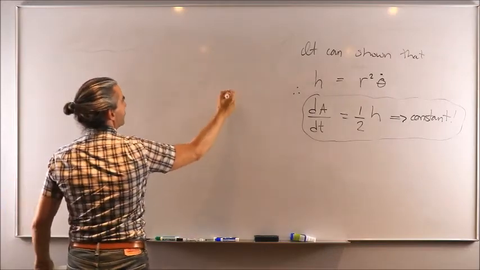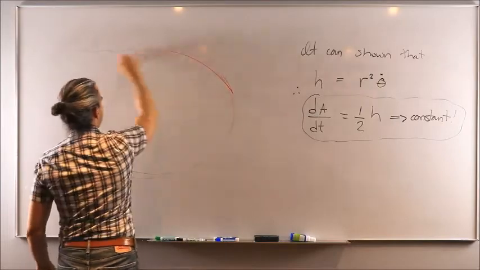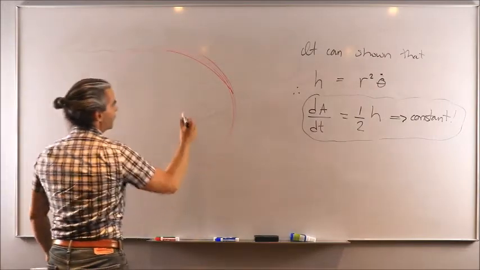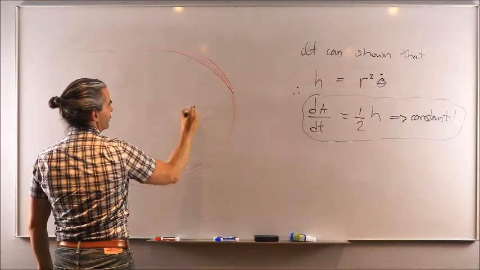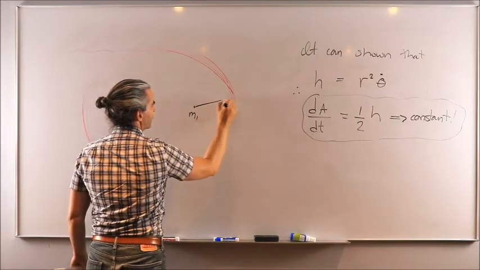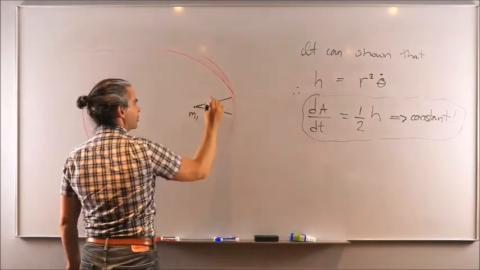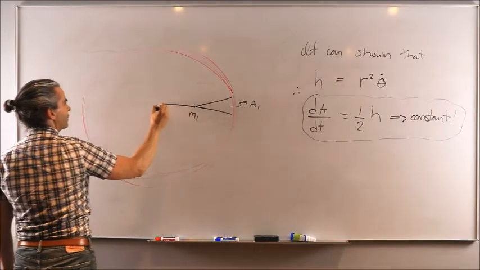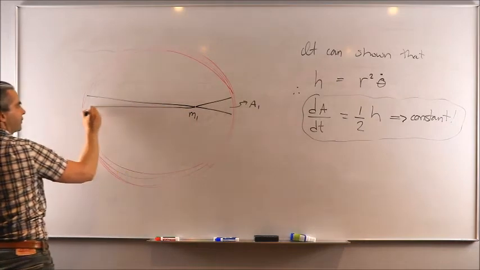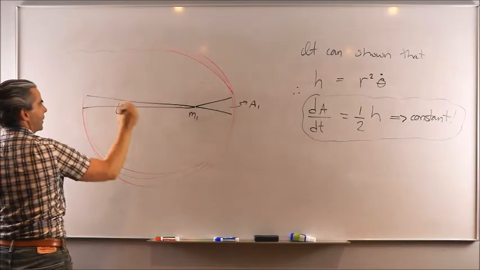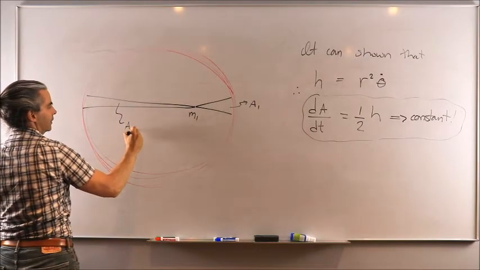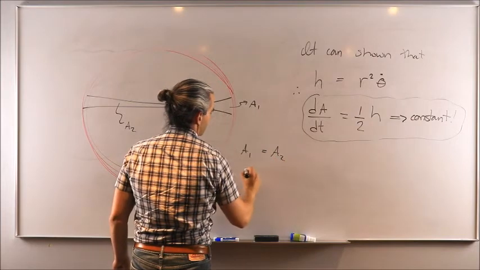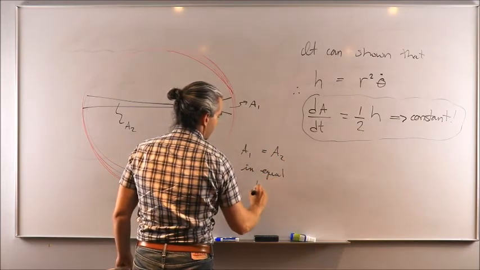Orbits in red. You have an elliptical orbit. Hopefully it's big enough. You have M1 at one of the two foci. If you look at an area being swept in an X amount of time by the position vector, and you call it A1, and if you take the exact same amount of time, but near the apogee, and call the area being swept by the position vector in that amount of time A2, it means that we want A1 equal to A2